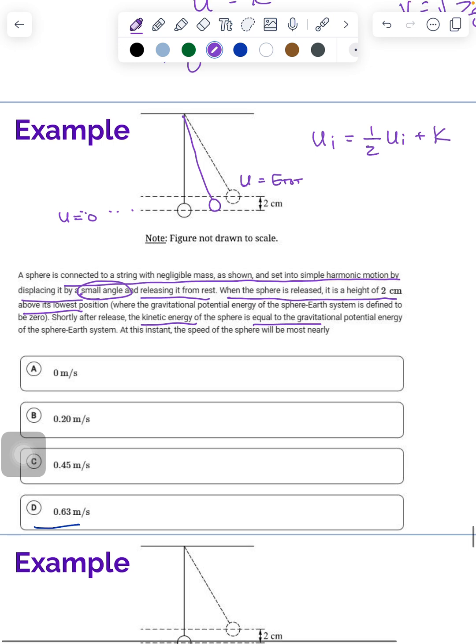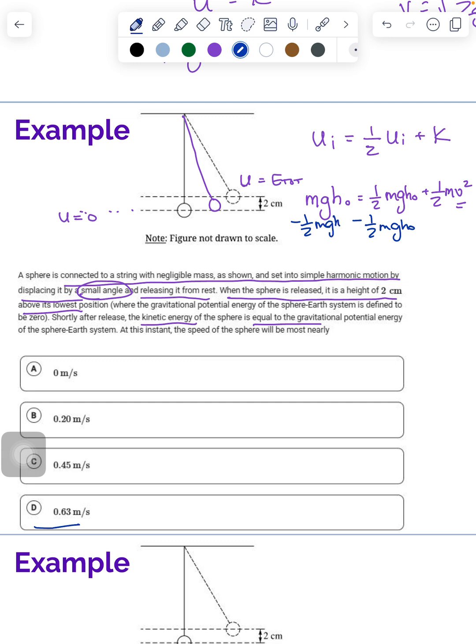So we're just going to go ahead and plug in our numbers, because it asks us for v. So to do this, I am going to subtract 1/2 mgh0 on both sides. 1 minus 1/2 is 1/2 mgh0, which is equal to 1/2 mv squared. Our m's will cancel, our 1/2s will cancel, and we're left with v squared equals gh0,